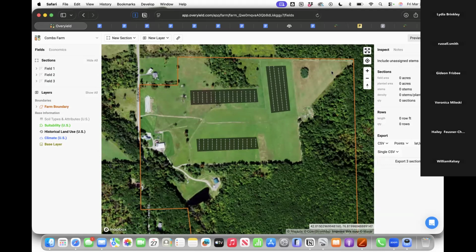And so kind of the next thing to think about is, after we find those priority areas, what species are going to work well there, what kind of machines and equipment the farmer is going to use to maintain around those trees. And then from there, we can lay out some possible designs and see if those are going to work well on that farm. One of the things I think about a lot, and this is what you want to try to tease out in the consultation, are concerns about other stakeholders,